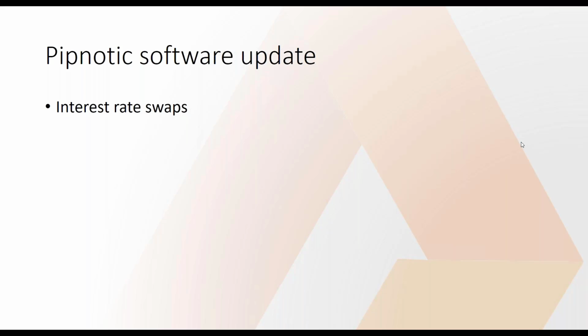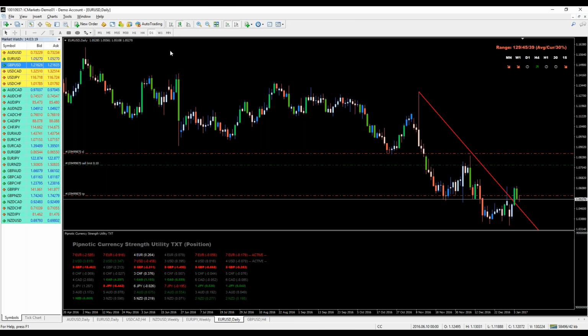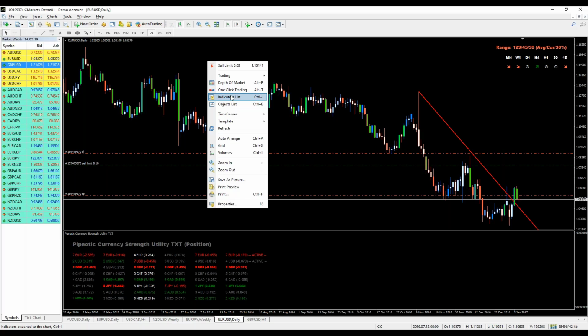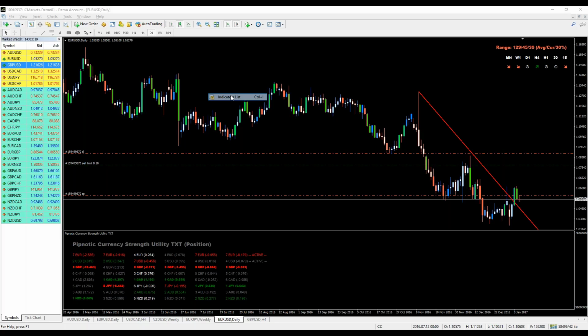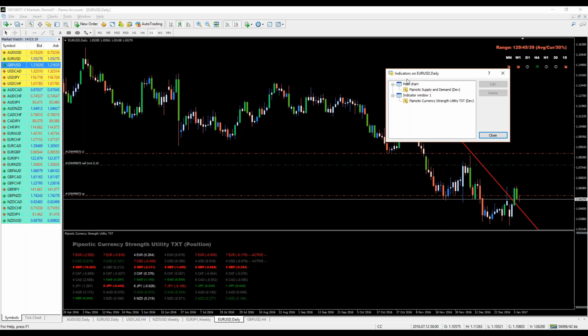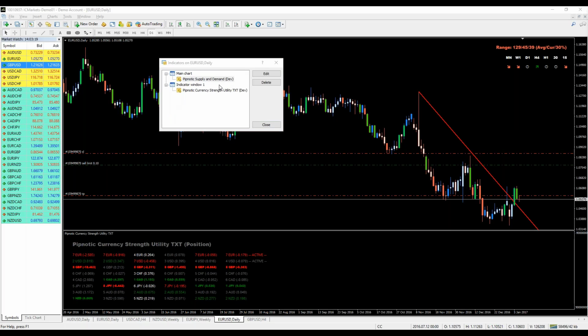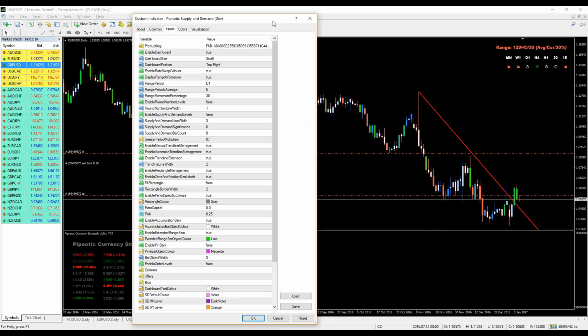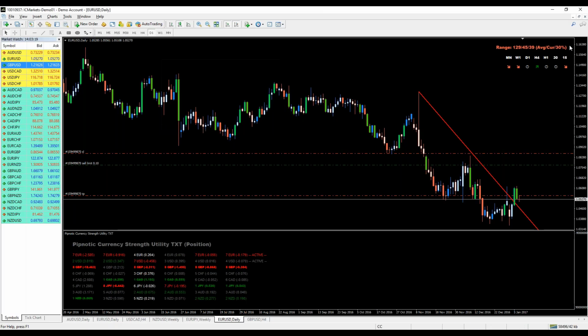Okay, so if we have a look at the chart here, you'll see that we'll go here and we'll have a look at the configuration. And you'll see here that we have a new setting, and this new setting is called Enable Rate Swap Colors. When this is set to true, the indicator is going to color this just here. You can see that the range information is colored red. If we go to the Euro American dollar,